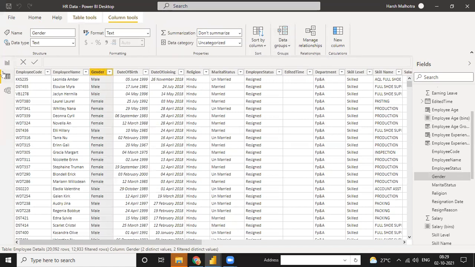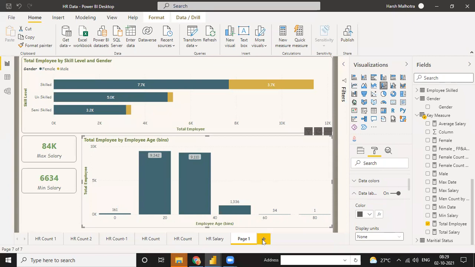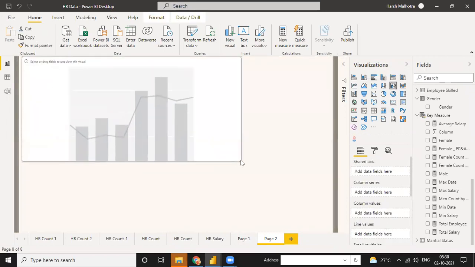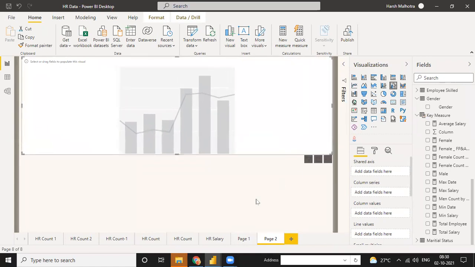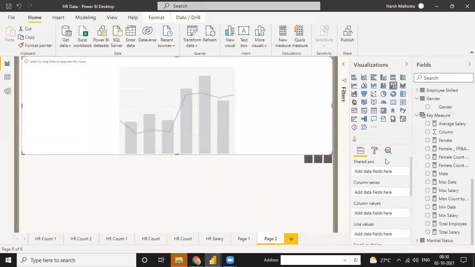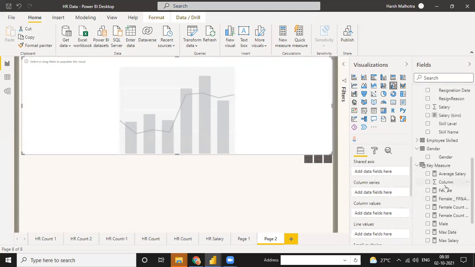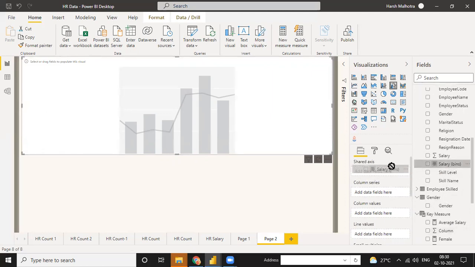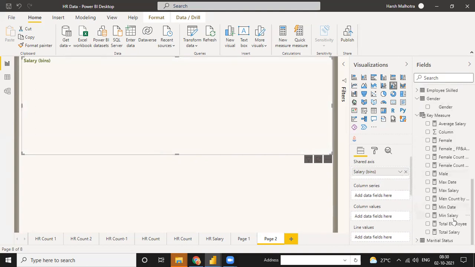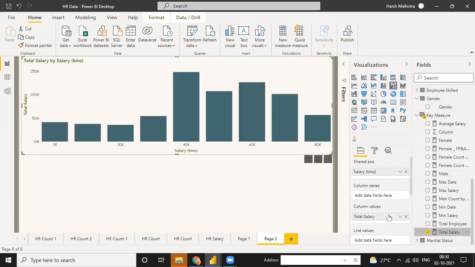Okay, so in the same way, right now I'm using salary bins. So I just go to this one via salary. Just a minute, guys. So for this, if I use this function, this table. Right now, for this function, in the shared axis, I just calculate a salary base. So I just put here as a shared axis the salary base, and for column values you have to write salary.